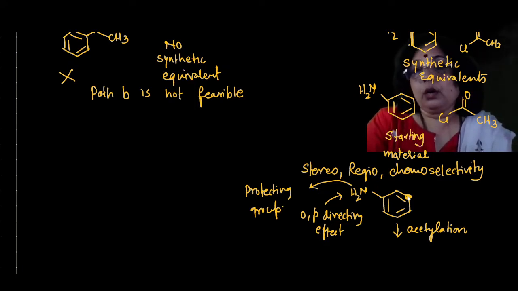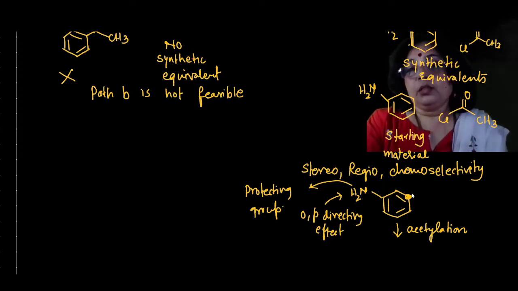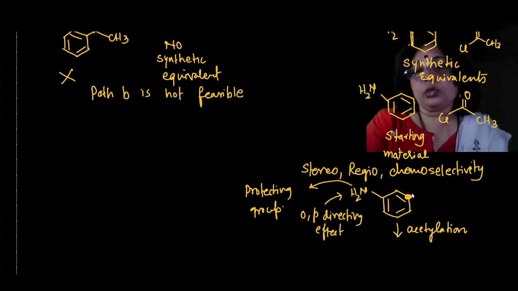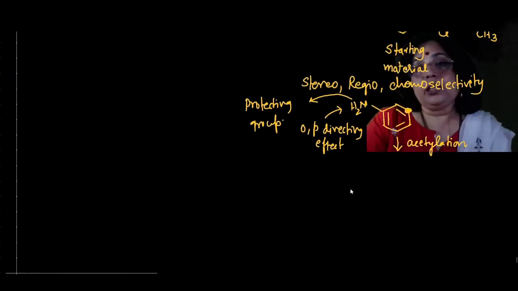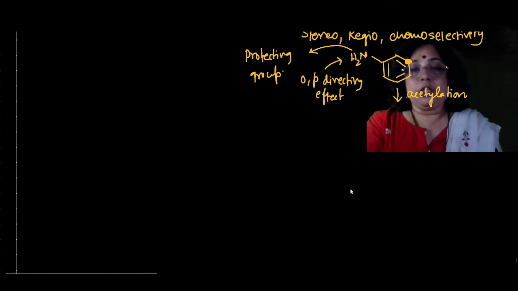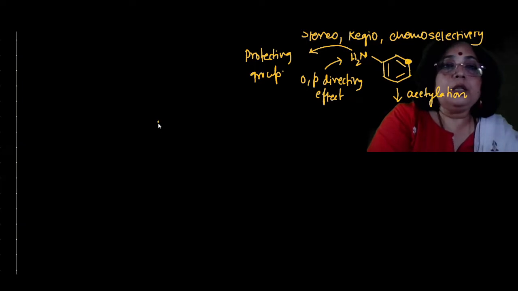Unsubstituted. All right. So our goal is to substitute the COCH3 at the meta position. So here the disconnection approach fails. In this reaction, we have to think in such a way that this group will act as a meta director. All right. So it means that after examination with the disconnection approach, what we found is that path A